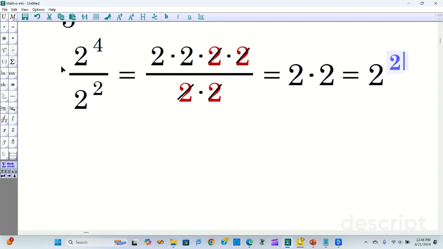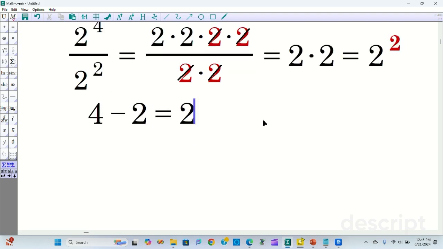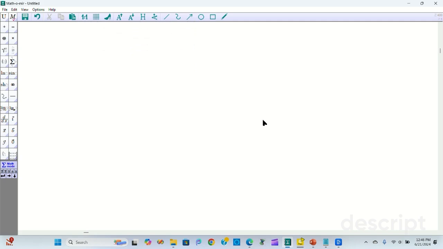But how else can you get a 2, that red 2 right there? You can get that by doing 4 minus 2. Which is also 2, right? You can just subtract the bottom exponent from the top exponent. So instead of having to go through a lengthy process like this every single time, we can just shorten things